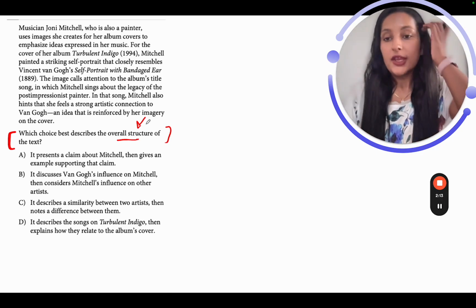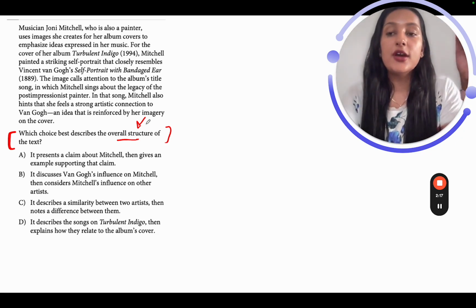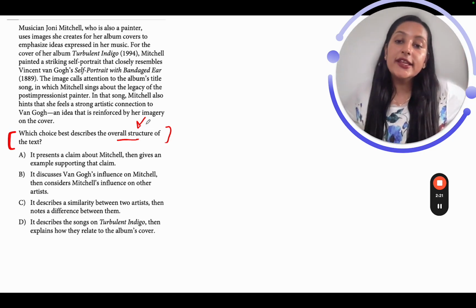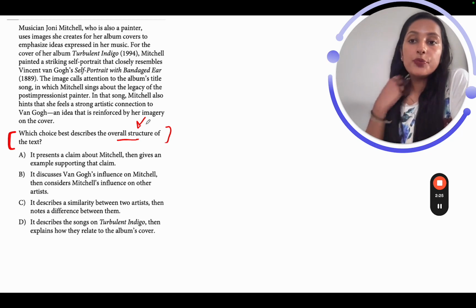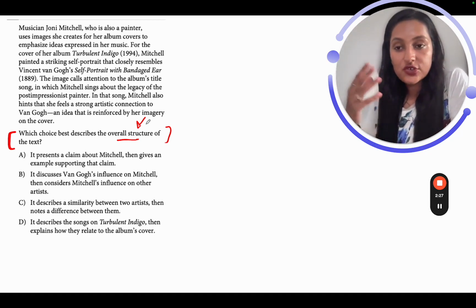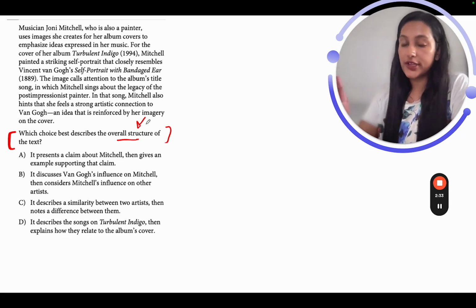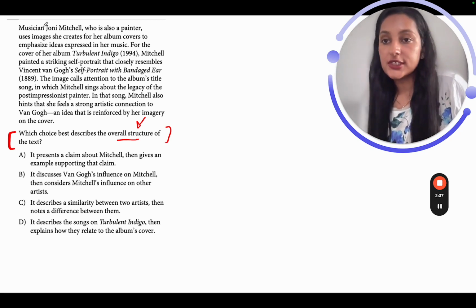Now in this kind of question, what is going to happen is that I will have my answer as soon as I'm done reading the text. You will have an understanding of what the structure of the text looks like, right? So you'll just be looking at the options and trying to identify any option that matches your understanding. This is how you're going to tackle this particular question type. Right now, let's go ahead and read the text.